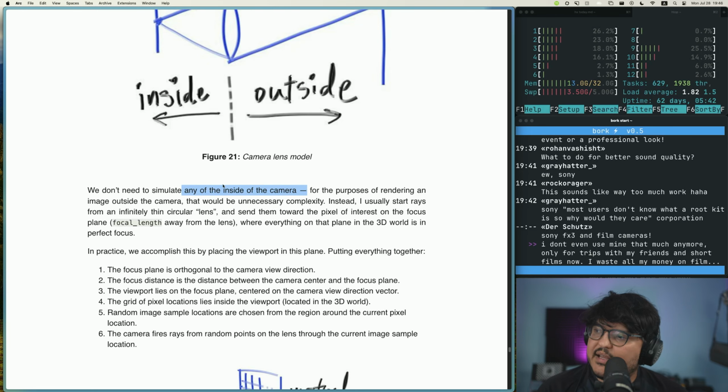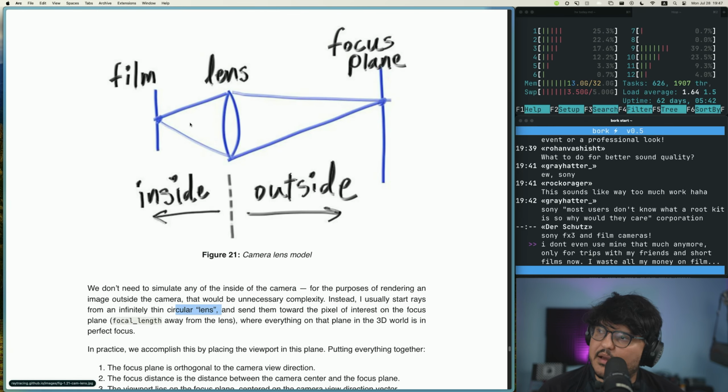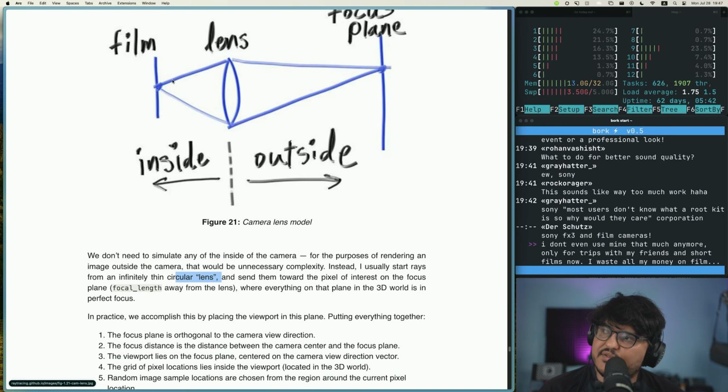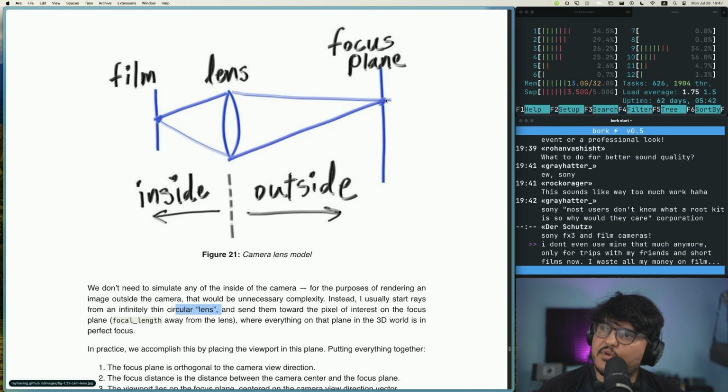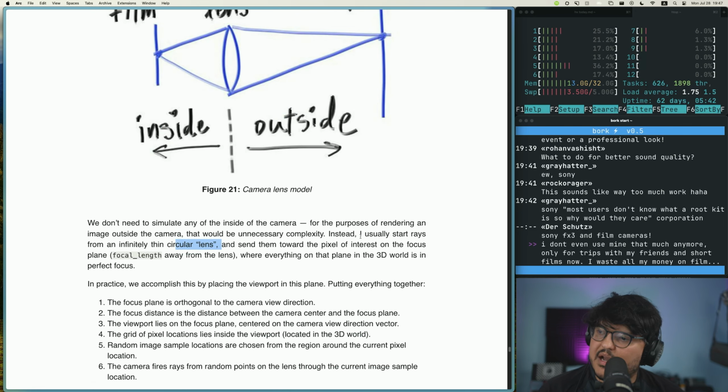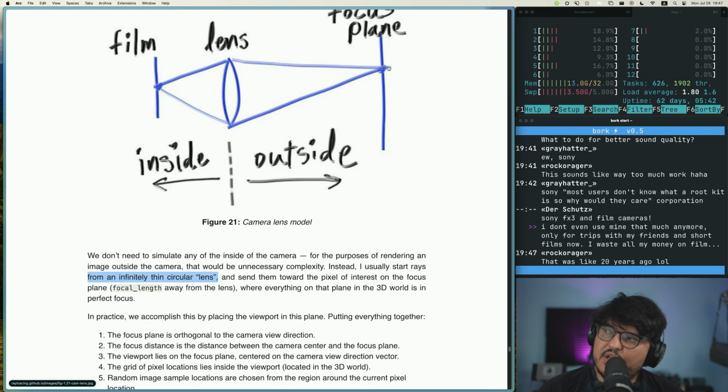let's see, we don't need to simulate any of the inside of the camera. For the purposes of rendering an image outside the camera, that would be unnecessary complexity. Instead, I usually start rays from an infinitely thin circular lens and send them towards the pixel of interest on the focus plane, which is focal length away. So here's the sensor, here's the lens, here's the focus plane. The rays start from here, they go here,